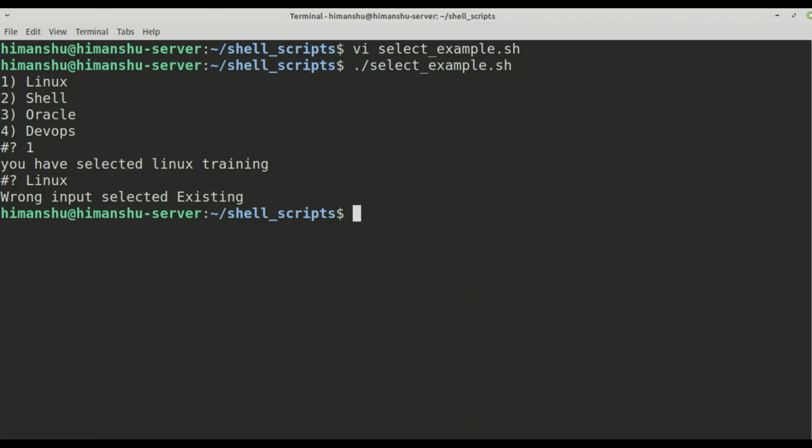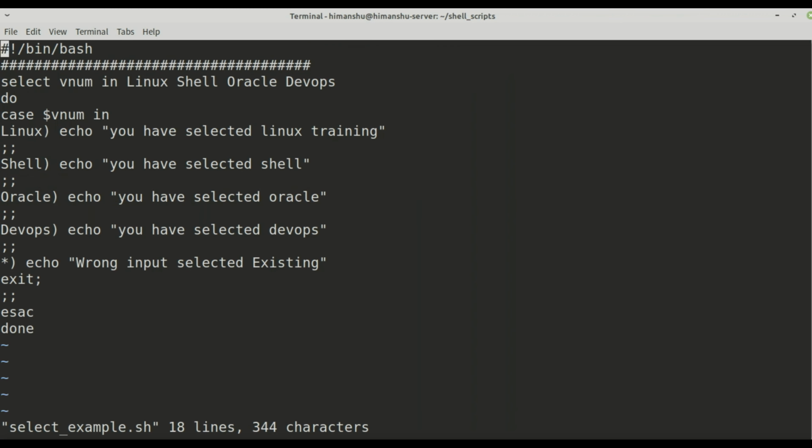Now moving ahead, this is not very clear about what it is doing, okay. So what you can do is change this prompt. To change the prompt in the select loop, there is a variable, an export variable, that can be changed. So I will use that in my script itself.